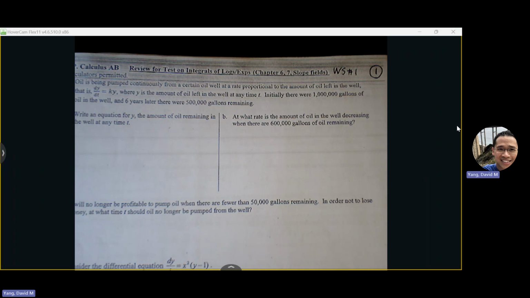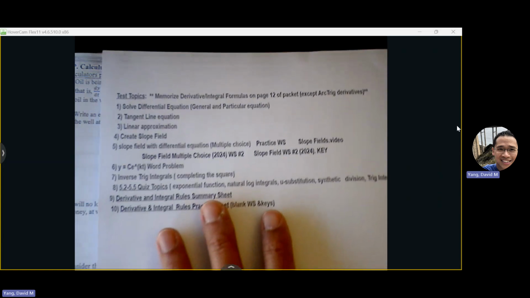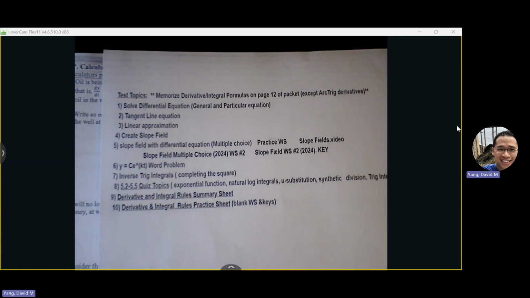On the board, I have your test topics. So we're going to continue with our test review today. So we need to be able to solve differential equations. We've been working on that on a daily basis these past couple of days. Being able to find a general and a particular solution. General is where your C value is still there, and then particular is when you replace your C with